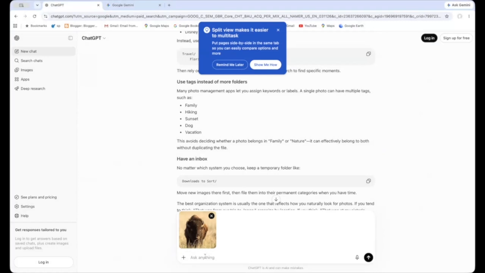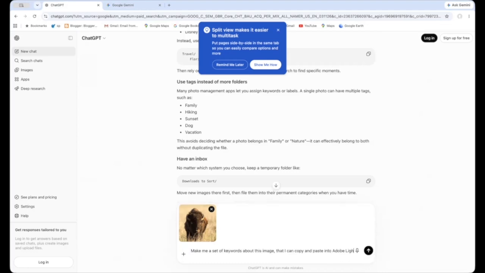And so you can just ask it, make me a set of keywords about this image that I can, and I'm a terrible typer, by the way,